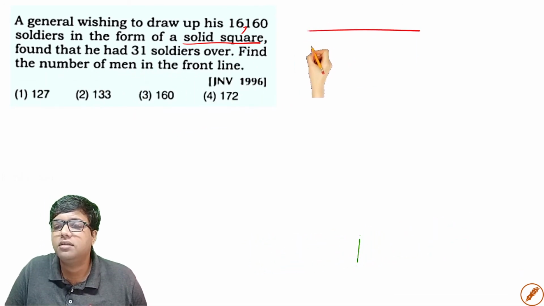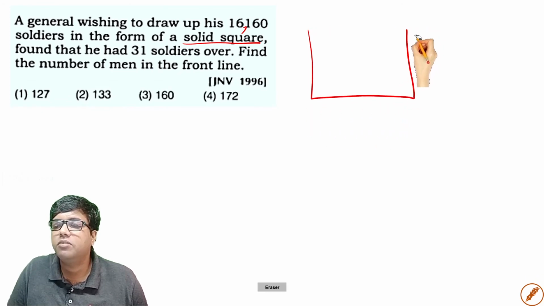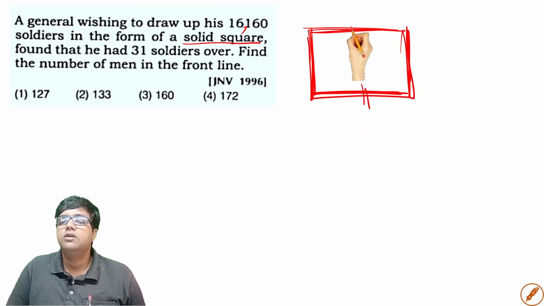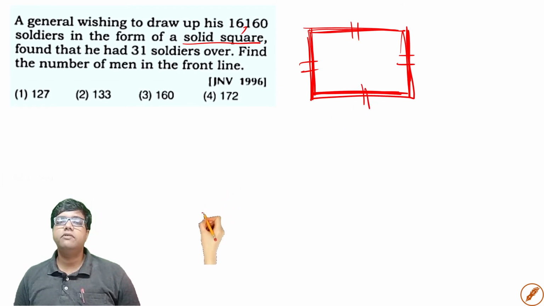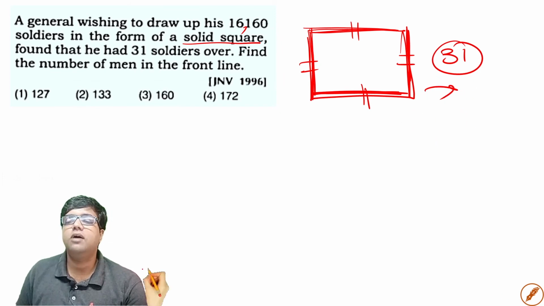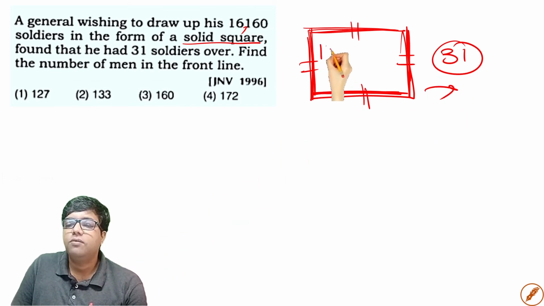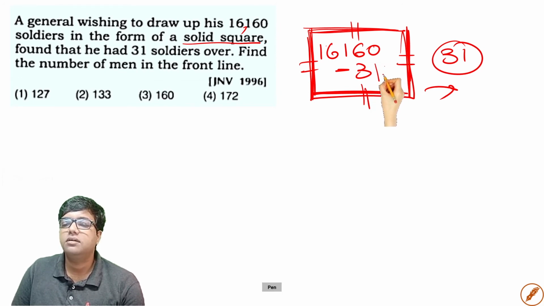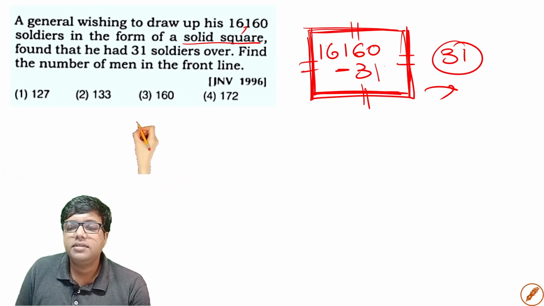So if there were these many men forming the perfect square, the number of men at this side is equal to the number of men at this side, and also equal to the number of men at this side. All of them will be equal to each other, and it is a square. And 31 extra soldiers are standing outside. So here how many soldiers are there? 16,160 minus 31 soldiers are here. So I have to find the value of the square root of